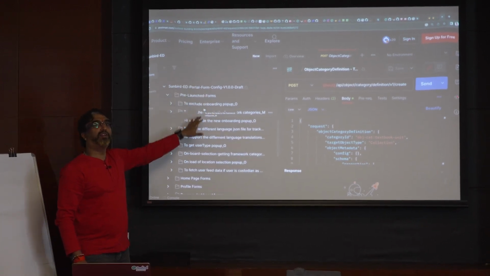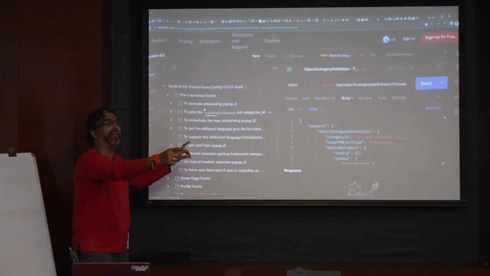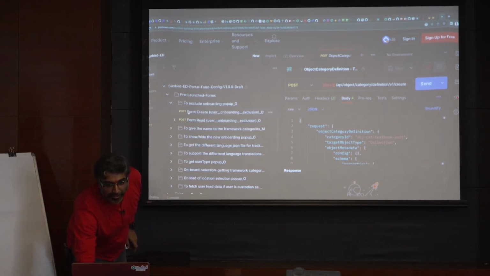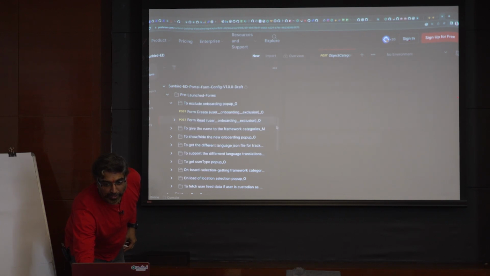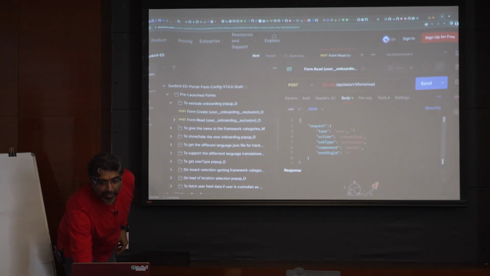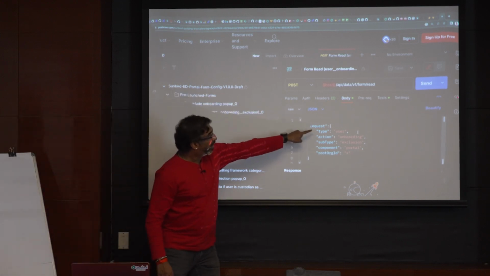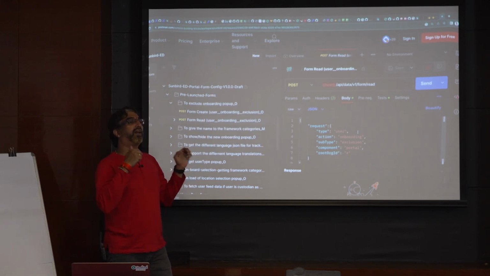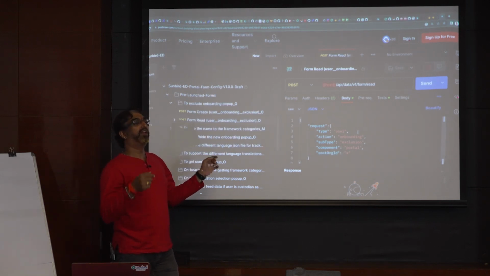All the descriptions are here, whatever you were asking. If I open it more, you have read also here, which explains what exactly it is. It says type is user, onboarding and exclusion. That means when you are onboarding a new user, if you don't want